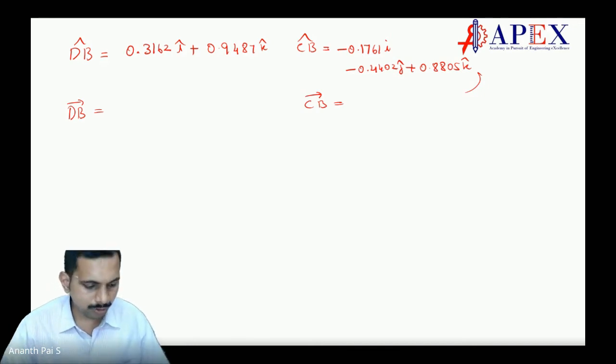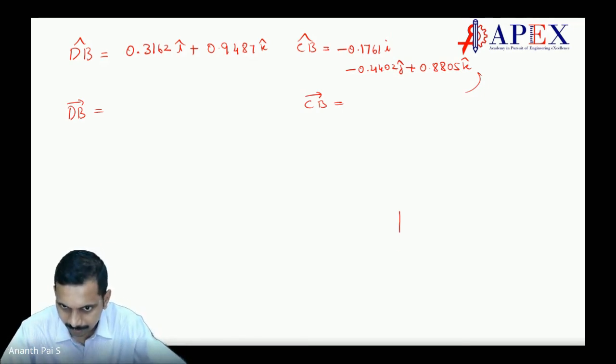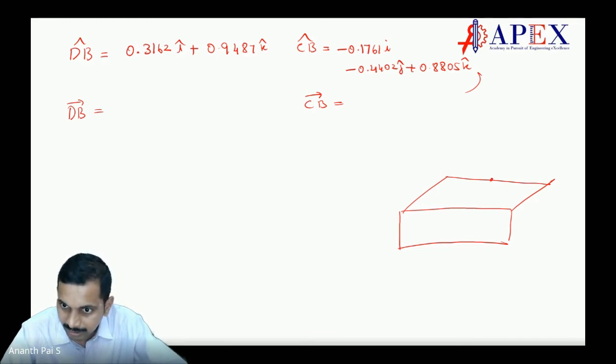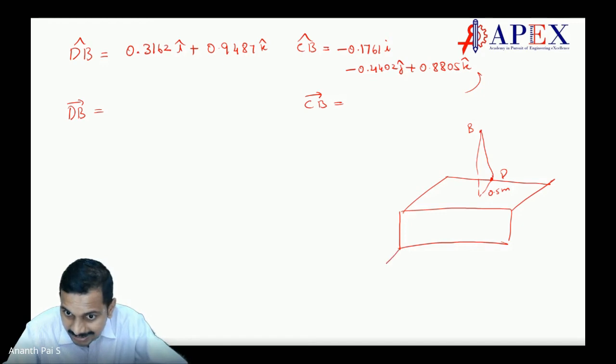Sir, I didn't get how we got the position vector DB. Yes. So first of all, let us understand. You have D here and B somewhere here, correct? So this is D, this is B. You know from D to B, what is the distance? It is 0.5 meter, correct? So what is that direction? That direction is X as we have set it, is it not? And this was Y, correct? And this was Z,